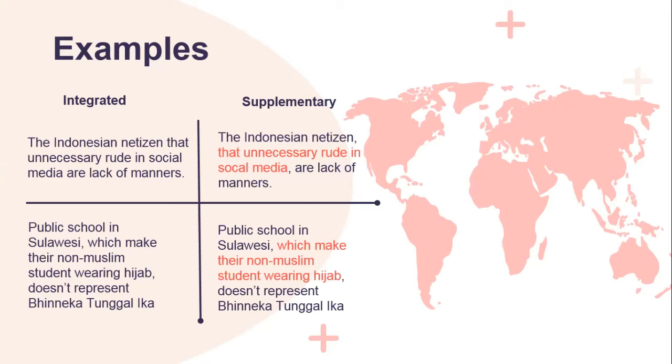And for the supplementary: public schools in Sulawesi, comma, which make their non-Muslim students wear hijab, comma, don't represent Bhinneka Tunggal Ika. So we can conclude from the examples that using the commas